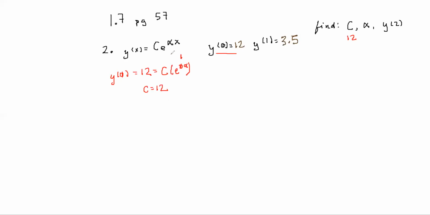Now let's go through and find out what alpha is. So y of 1 is equal to 3.5, which is equal to 12 e to the alpha x. And we know here x is equal to 1, so that's 1. So let's divide both sides by 12. 3.5 divided by 12 is